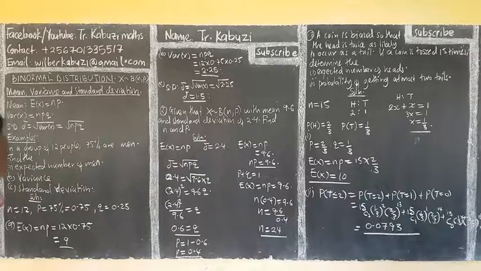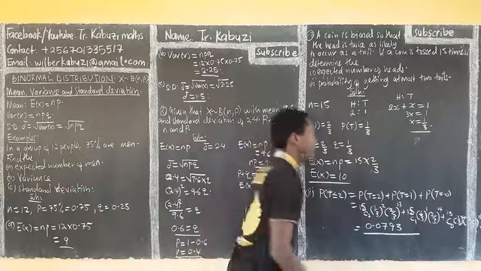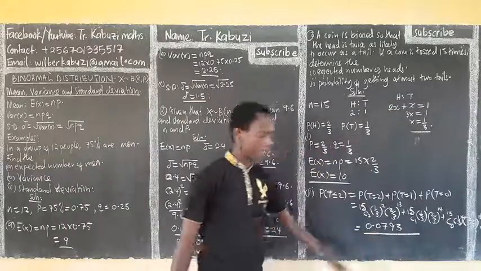So after calculating, the value I have got is this. So make sure you get it, and I'm giving it for the simple reason because from the calculator